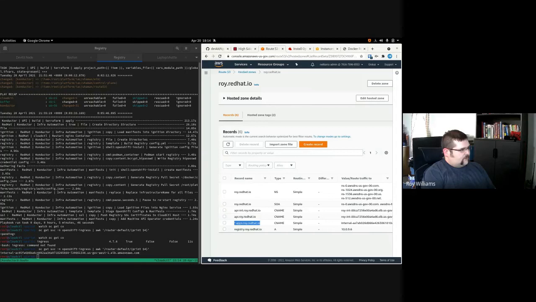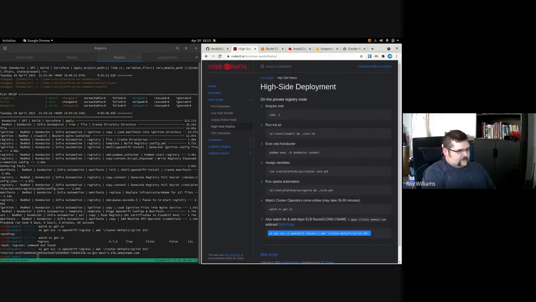All right. So as you all probably saw, the ingress operator finally had a version number and said it was online and available. So we run this OC get service command and basically use awk to only get the ELB that we want. And then for the instructions, if you just click this URL, it takes you to the Route 53 for your